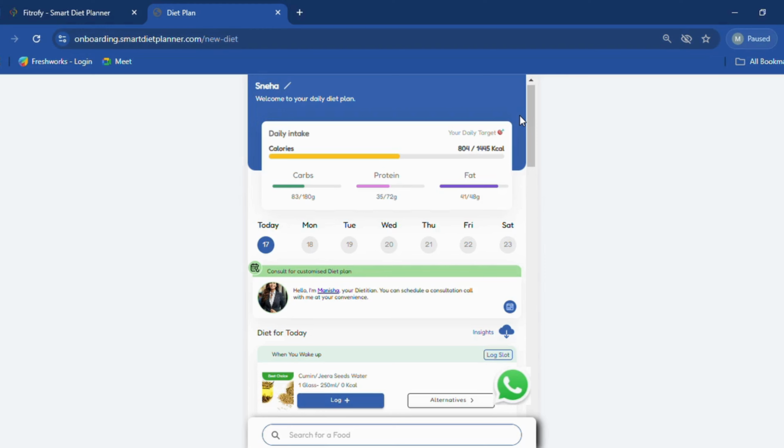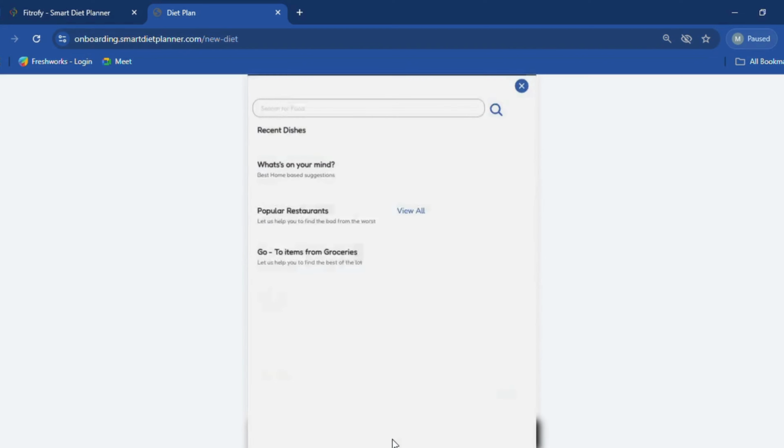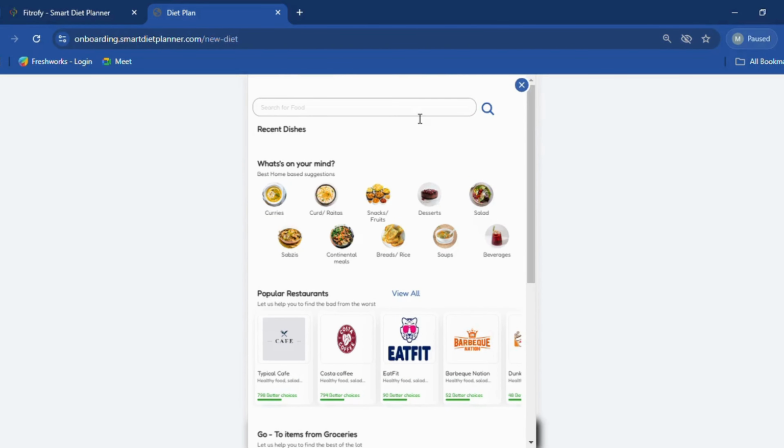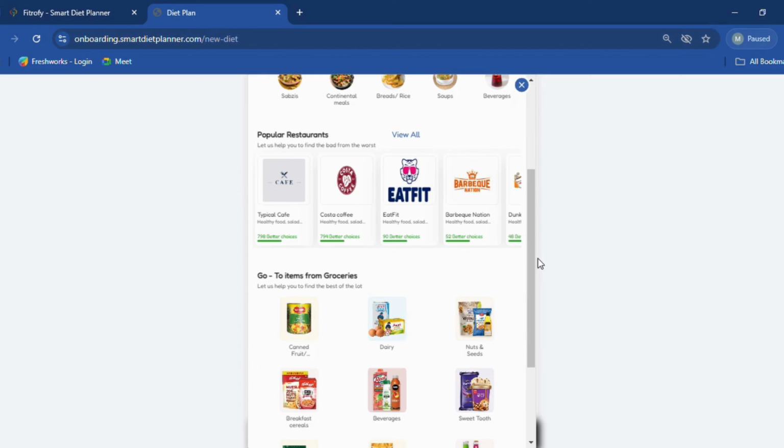Next thing that we have is this search bar, search for a food section. If we click on it, the client gets a huge list of items that can be eaten at home. As in, these are certain home-based items that we recommend, and it is usually planned under certain categories like healthy dessert, salad, meals, breads, rice, and etc. If a client is going out eating in certain restaurants, we have a whole list of chain restaurants as well, which the client can see.